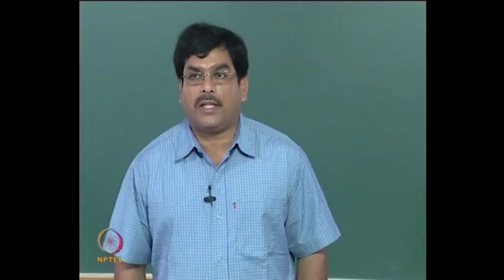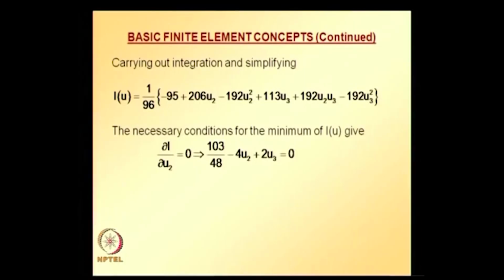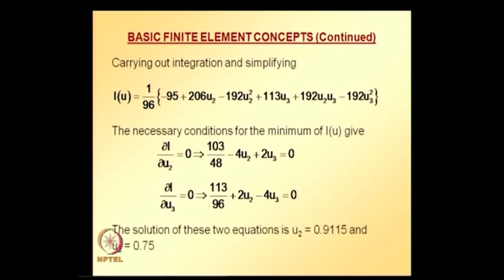The first equation is the partial derivative of I with respect to u2 is equal to 0, and the second equation is the partial derivative of I with respect to u3 is equal to 0. 2 equations, 2 unknowns. You solve for these 2 unknowns u2, u3, and the solution of these equations gives u2 is equal to 0.9115 and u3 is equal to 0.75, and once we get these two nodal values,